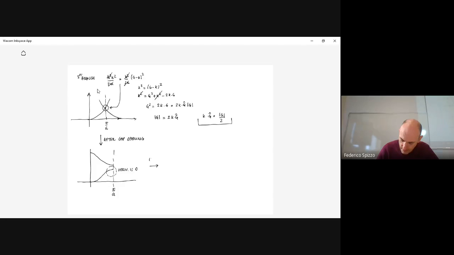So if we go in 3D, the velocity of the electron